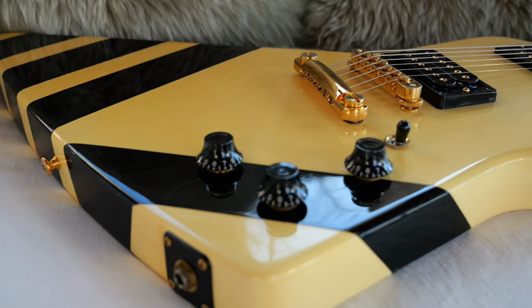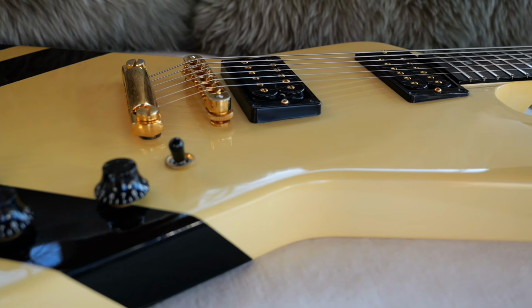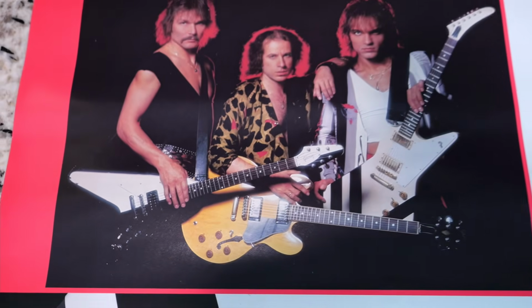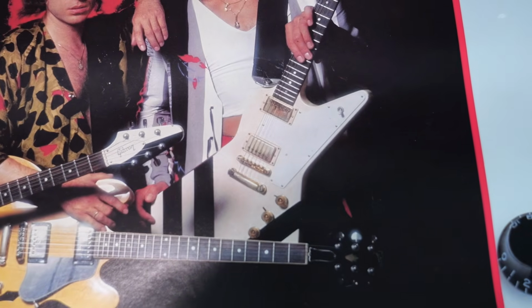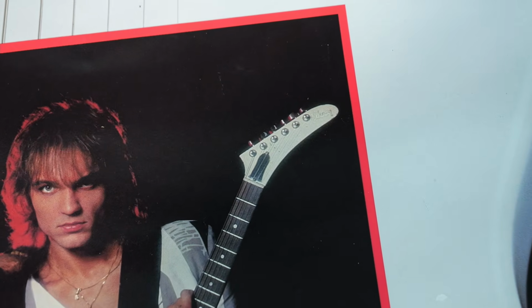And in fact, just as an add-on, that's something else that made my controversial custom even more different, is the fact that that one was painted and was not produced with a graphic like these. But you'll notice the ones that they're holding in this photo aren't exactly the same. That one has gold hardware, it has a pick guard, but it still has the matching white headstock,